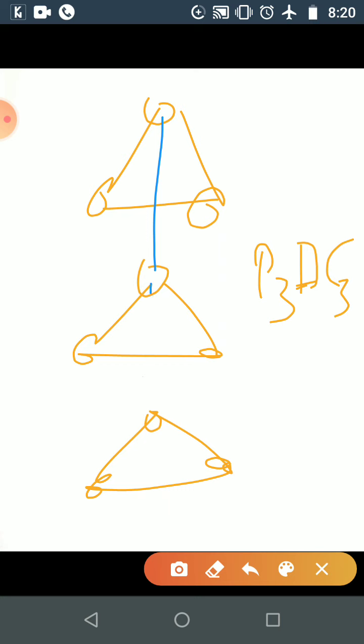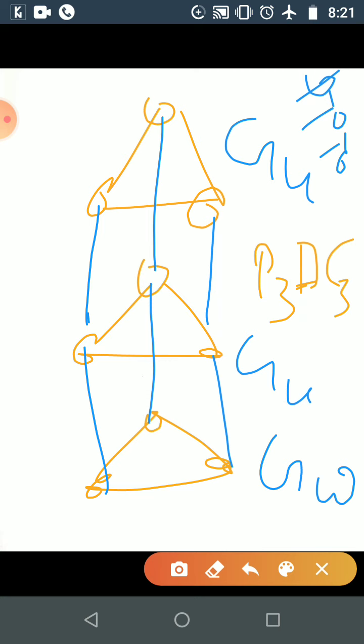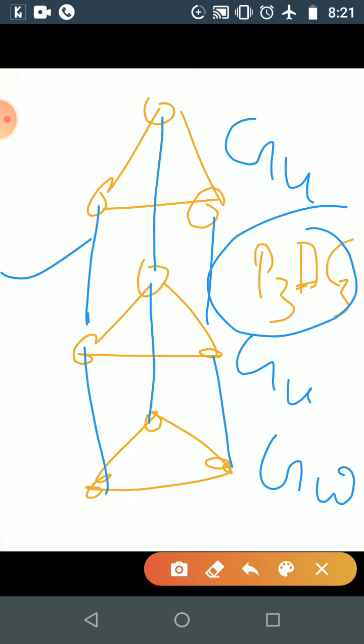This is adjacent with this one because this was P3 U copy, or you can just say GU copy, HU copy, GU copy, GV copy and GW copy. So here corresponding vertices are adjacent. These are adjacent because these were adjacent in P3, with this one, this one and this one. So here these three vertices are adjacent. That's why these are adjacent here. Okay, so what is the Cartesian product we got, and what is the chromatic number for this graph? The chromatic number will be coming as the maximum of C3 or P3. So this will be coming as 3.